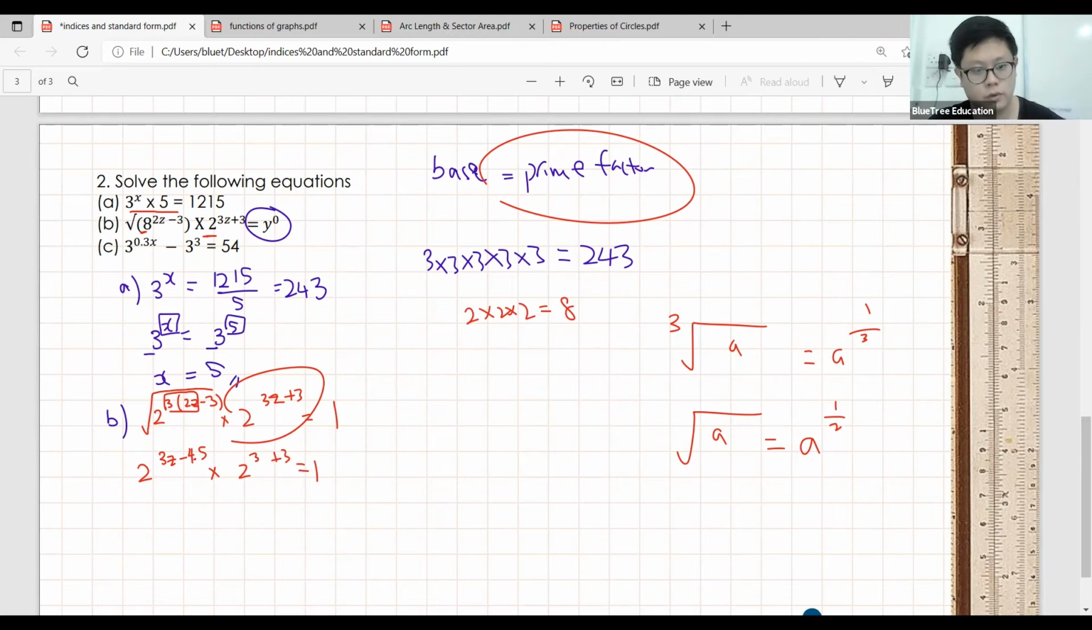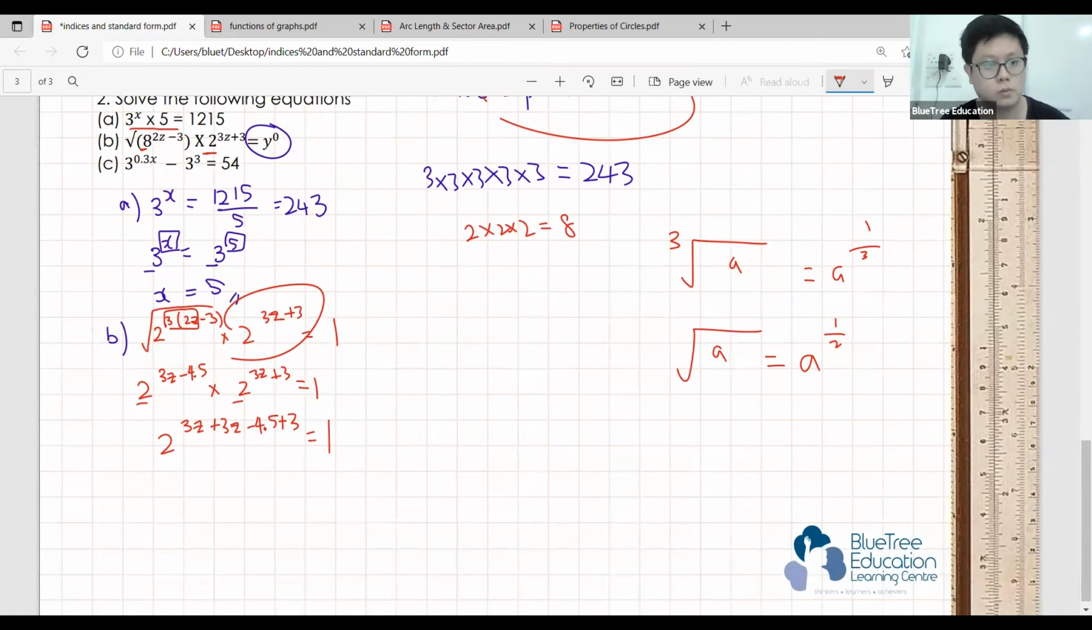All right, once you have that with the same base, then you can join the two bases together by adding. Right? So same base multiply, one of the laws of indices state that you have to add the power. All right, which result in this. So you will join the z together, which has a 6z, and then the negative 4.5 plus 3 will result